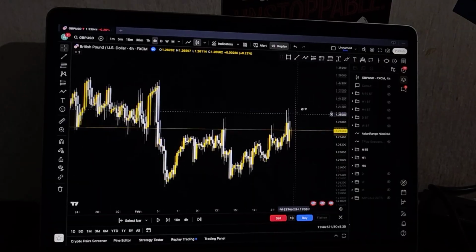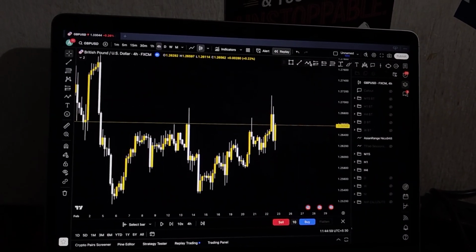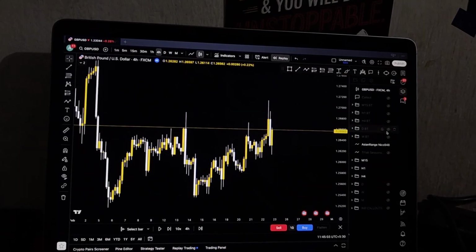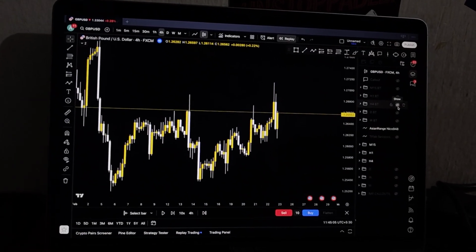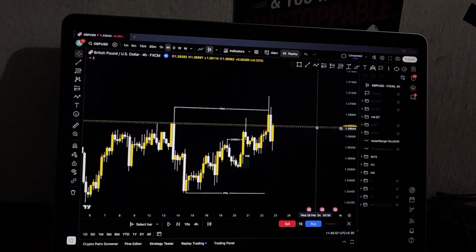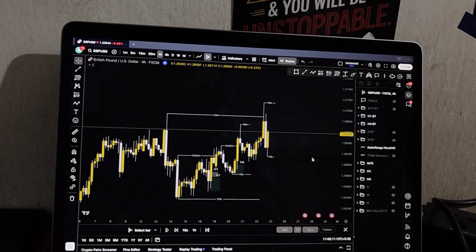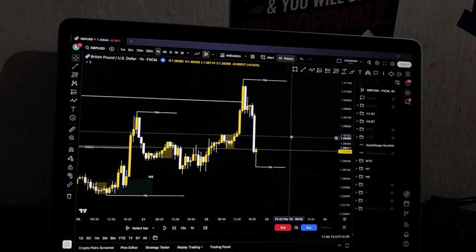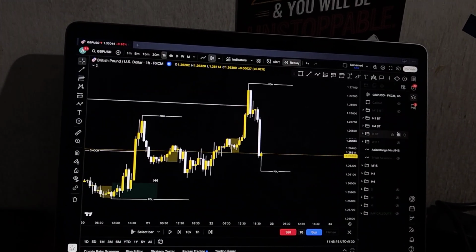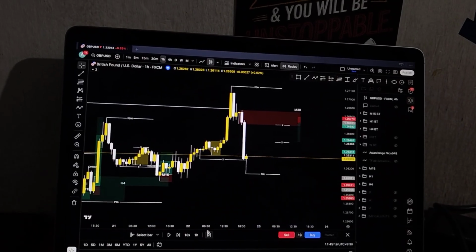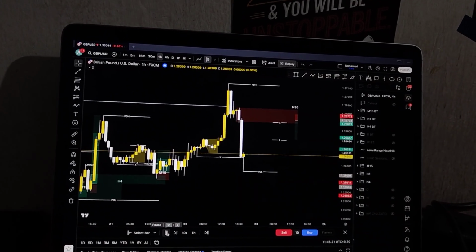So whenever the DXY and GU bias is not clear, we tend to go to EU and then decide our bias. So I was liking more sells on Friday rather than buys because of how the daily candle closed, and the daily is more important than the lower time frames, as we know by now, right? So this is when I go to the lower time frames and mark my supply zones for selling, demand zones for buying. And on Friday also there was no news, so coulda, woulda, shoulda.